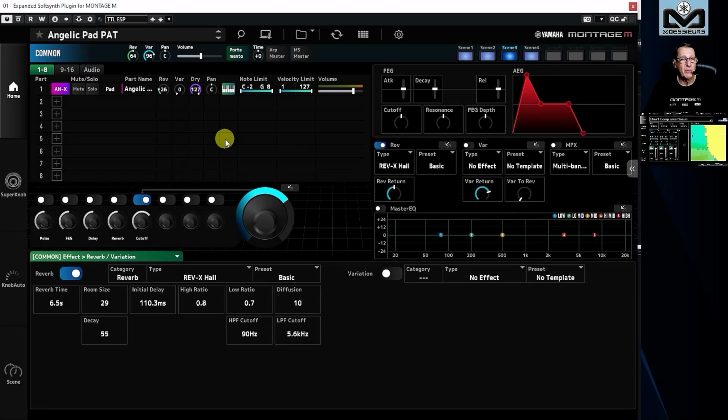Hello and welcome to Moaser for this new video about ESP version 2. You see the screen, a lot of things have changed. I am in small size here on the right, and at the bottom you have the Montage M end screen. Yes, you cannot read it, but I just want to show you at some moments that ESP can be programmed side by side and without the Montage M. It will be an overview video, so there will be no bodies for that one.